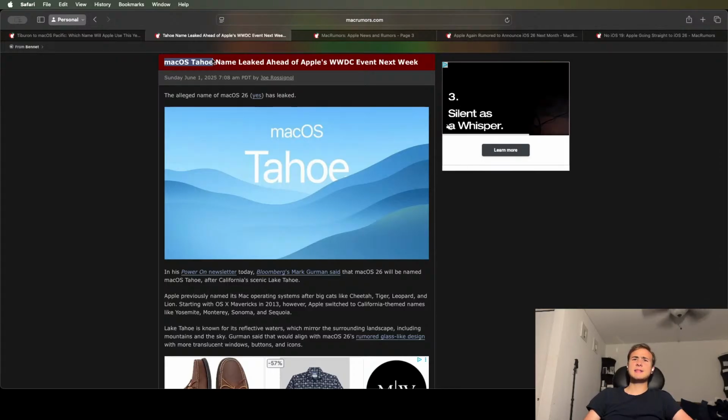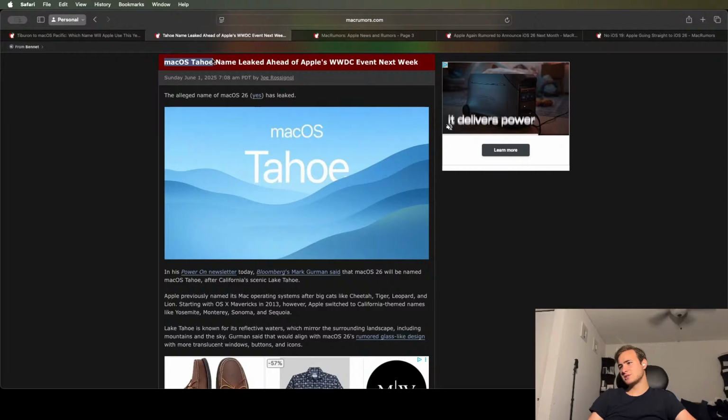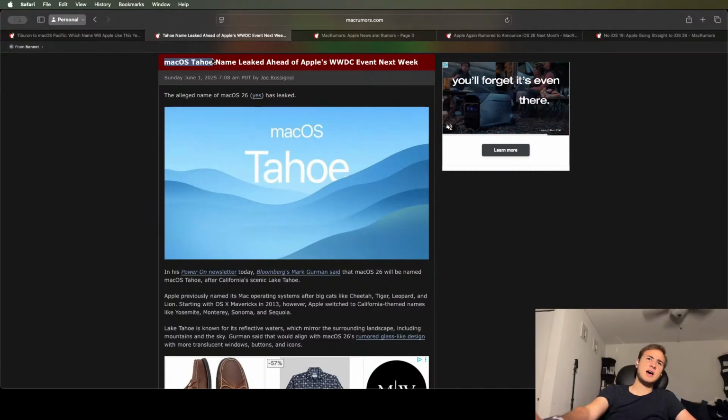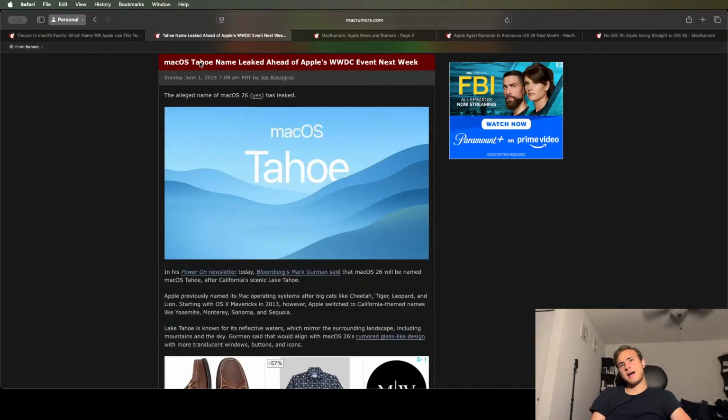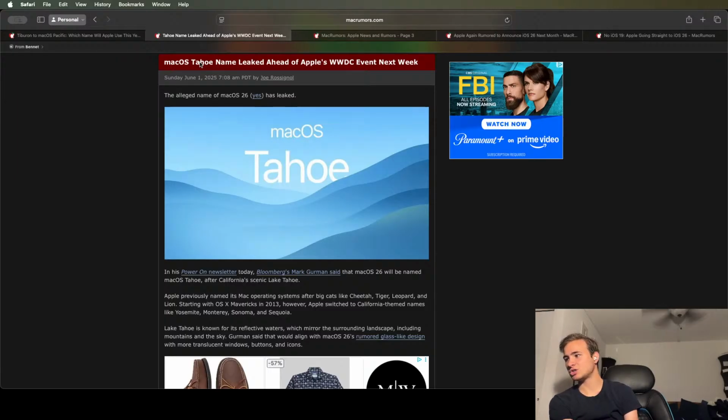I believed the macOS 26 rumor at first, but then when I saw Tahoe and it's not even copyrighted, and the fact that they're giving macOS a California name, I was expecting Craig Federighi to go on stage this year and be like, "We've run out of California names," even though they did not, and it would be a little strange, but it seems like it makes the most sense in this situation.